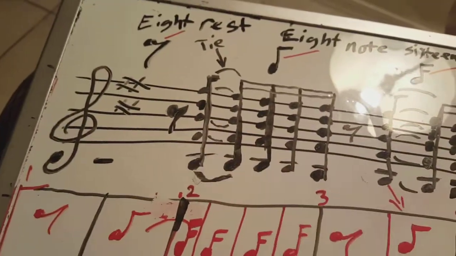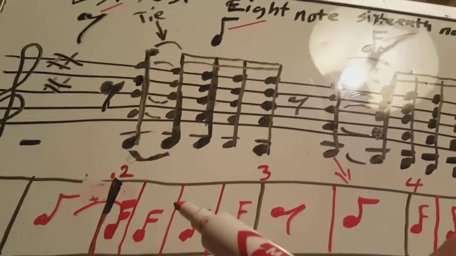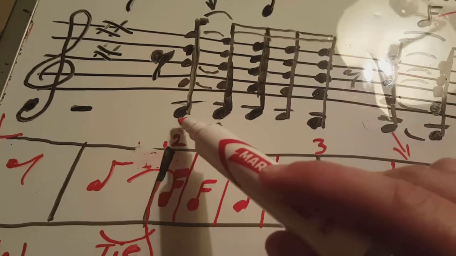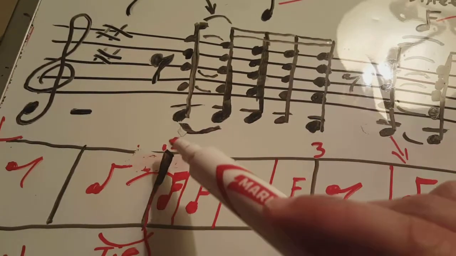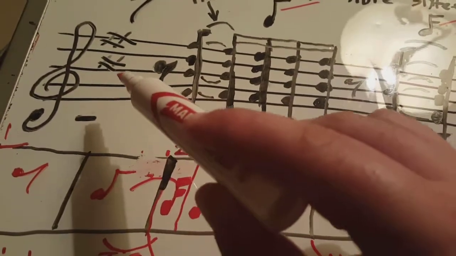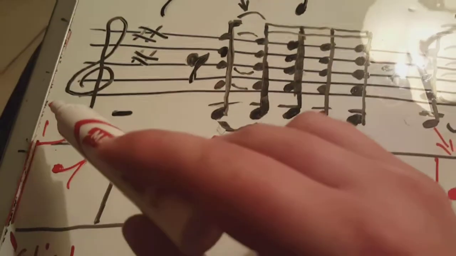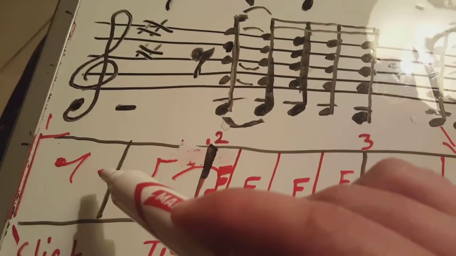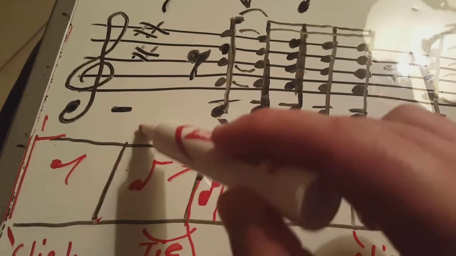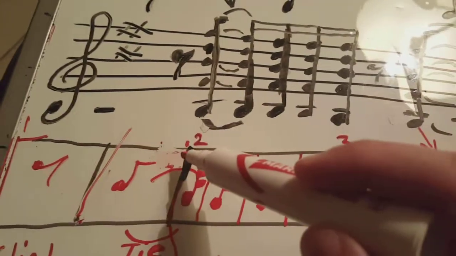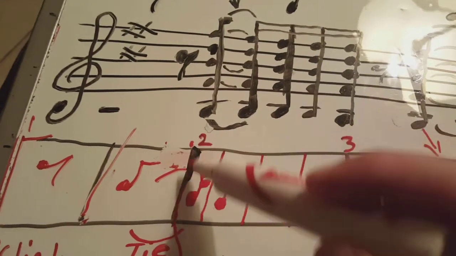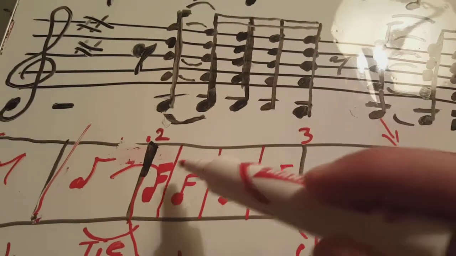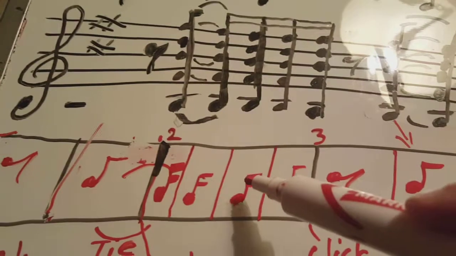Normally you go rest, da, but the thing is, it's tied to a 16th note, so just saying da isn't accurate enough. Or you can go, if you have a metronome on, the click would start here. 1, E, and then this note would play on the and. And then you would say 2. At the end of 2, this would be E and